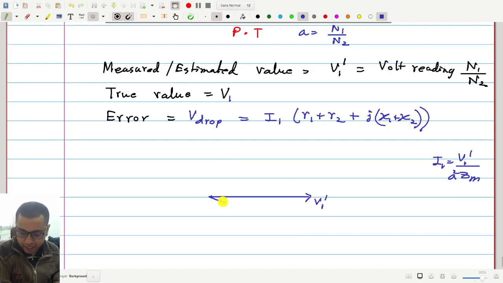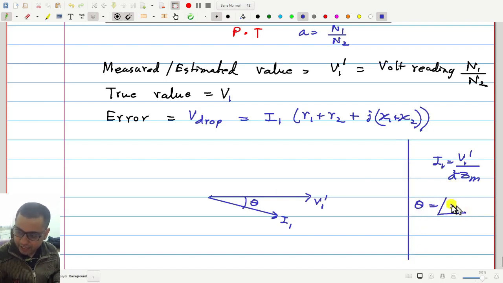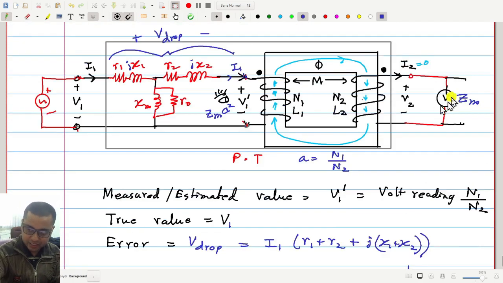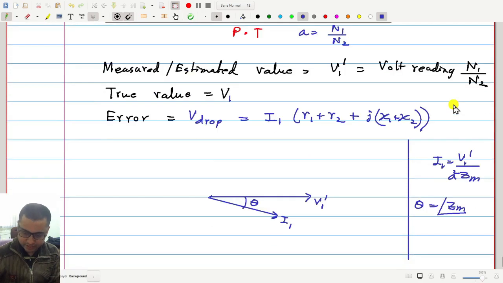So let that be I1 here. And let this angle be theta. So this theta is the angle of Zm, because A square is a pure real number. So theta is the angle of Zm. That is the power factor angle of the meter. Next,